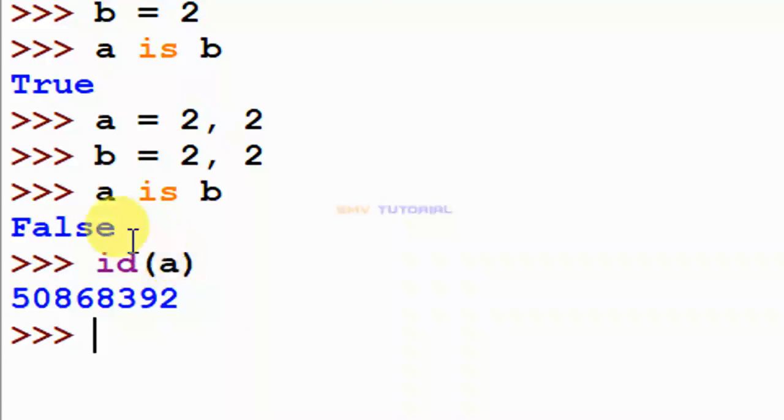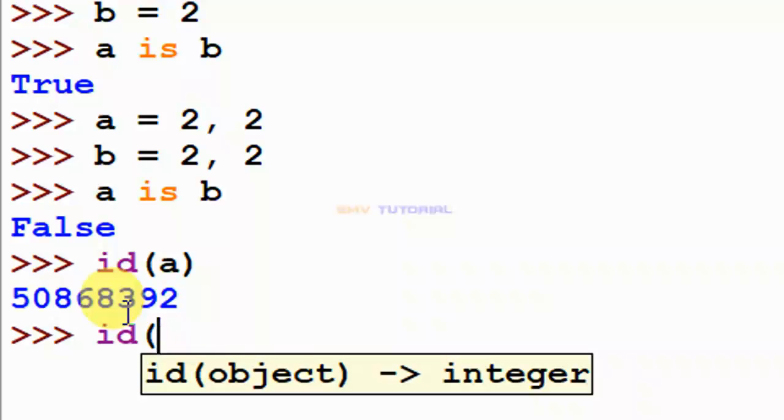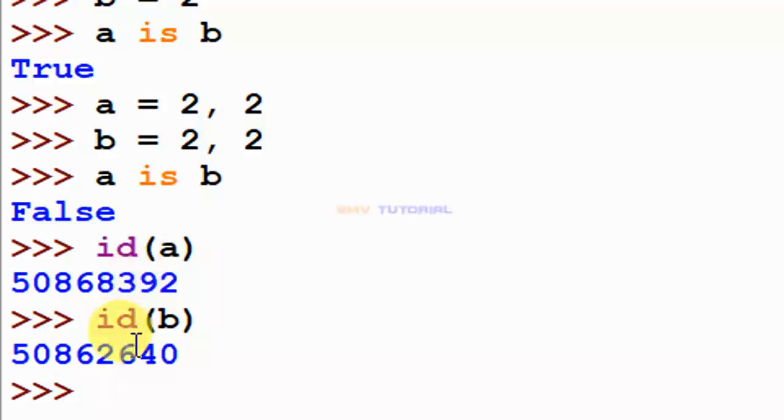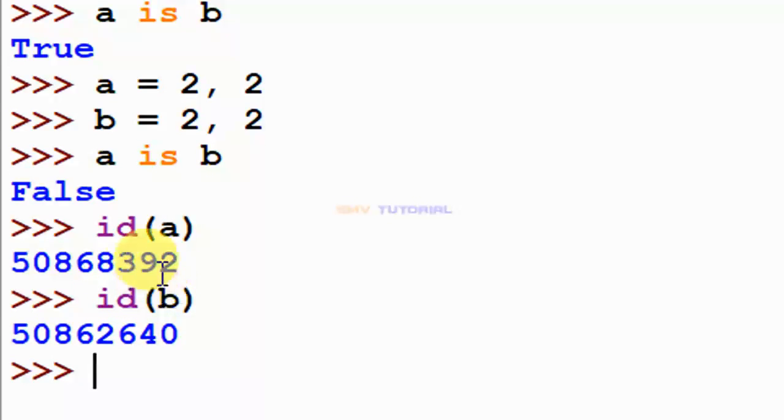I check the same for B. This is our saved memory location ID. I check these two IDs. Mostly these two memory location IDs vary, so the condition is false.